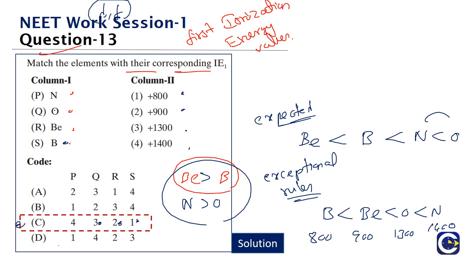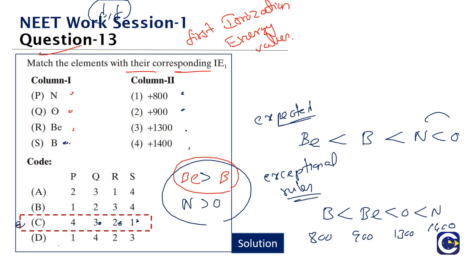So here, in any period you take the second group and the 13th group. So the 13th group can also be called what? The 3A group, because some people still use that old nomenclature. They'll say third group. So third means 3A group, not the third group in the modern table. Third group in the modern table means what? Scandium, yttrium, that is the third group in the modern table.